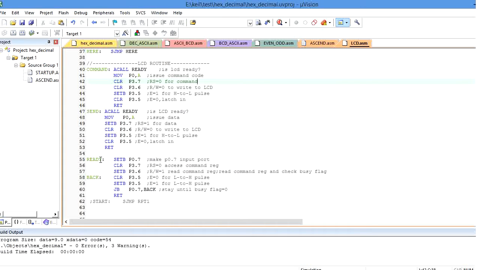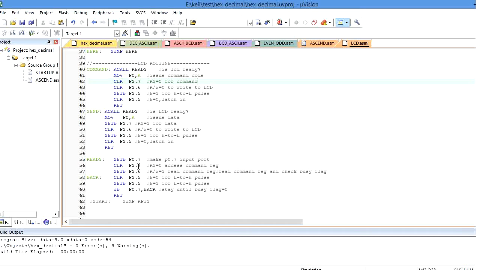As I told you, set P0.7 means I connected data 7 to port 0.7. Whenever I set port 0.7, it indicates that the LCD device is busy. So first I declare port 0.7 as high in order to make the LCD device busy.